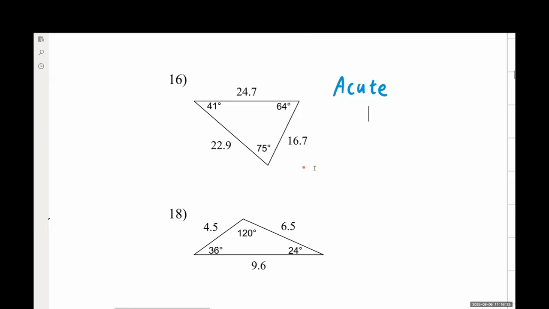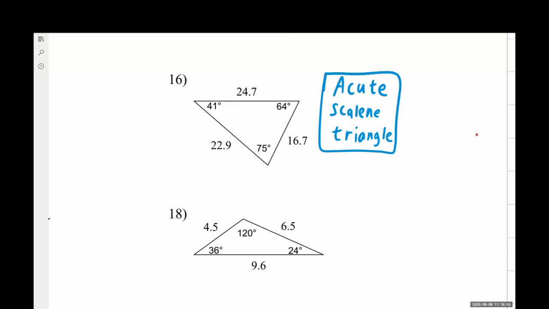And then I look to the side lengths and I'm seeing, is there anything that jumps out on the side lengths? Yeah, this is scalene. None of the side lengths are equal to one another. They're all different, and that's fine. It just means that we're going to have an acute scalene triangle. And that's all we do for our final answer, and then we're good to go.